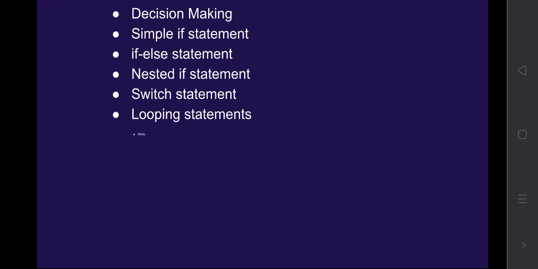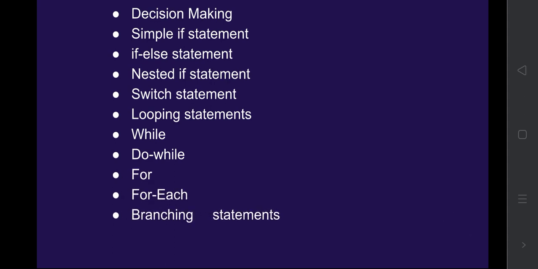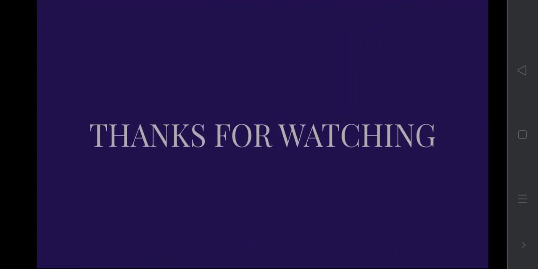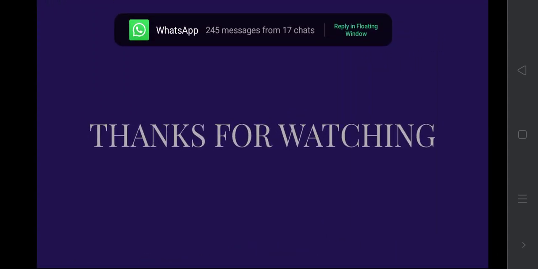Then looping statements: here they are while loop, do while loop, for loop and for each. Here for each is the loop which is used to do the function in an enumeration concept. For each element in the set, the work has to be done. That is done by the for each statement. We will learn the examples one by one in the coming classes. And then branching statements: we have the break statement and the continue statement. These statements help to change the flow of the control. So that's all about the statements in Java.